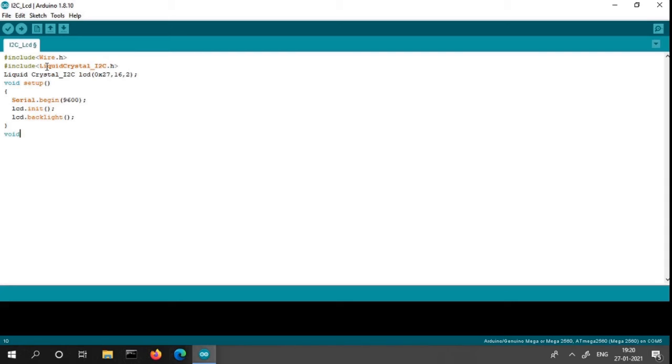Now I am going to move to the loop. Now I am setting the cursor: lcd.setCursor.